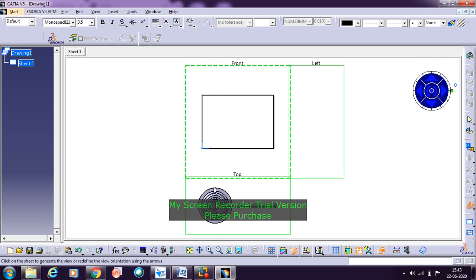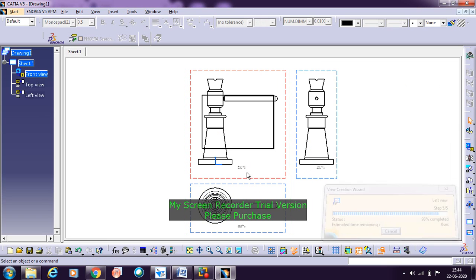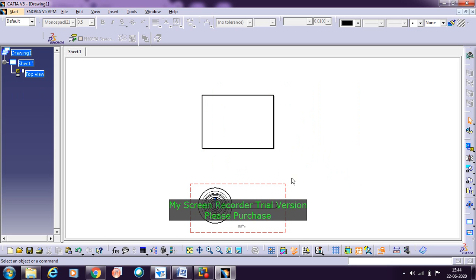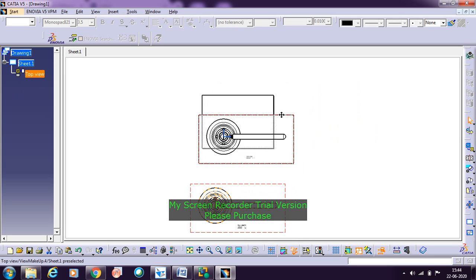Instead of this plane, if I select this plane, I'll be getting the dot here. Then in the selection I'll make it. So now I got the top view, front view, and the side view here. In order to take the sectioning, I don't want the front view and the side view. I need only the top view here.